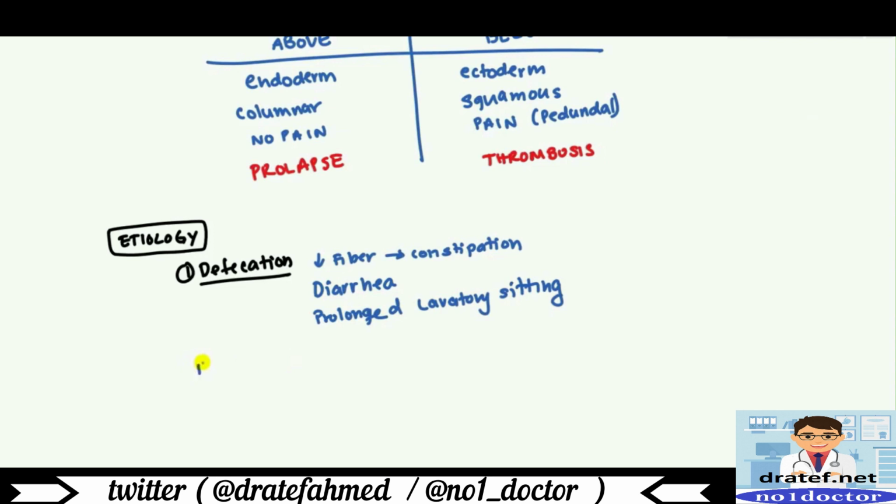Also, trauma can lead to it, and even age. As you get older, some of the support structures tend to weaken. Besides defecation, there are some secondary causes, so other pathologies that can lead to hemorrhoids. The first is a hypertonic sphincter. When a patient has a hypertonic sphincter, it makes them push harder while they're defecating, and this can cause increased abdominal pressure, which can lead to engorgement